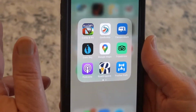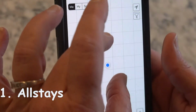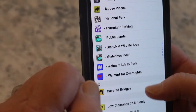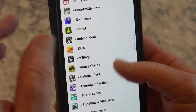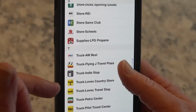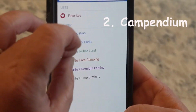Okay, y'all. So the first app we are going to recommend, it's actually two apps, so 2 for 1. Allstays is an app that gives you a list of campgrounds. It gives you anything you can come up with as far as somewhere to park an RV, as well as information on big box stores that you can typically park at and truck stops. So Allstays or Campendium gives you